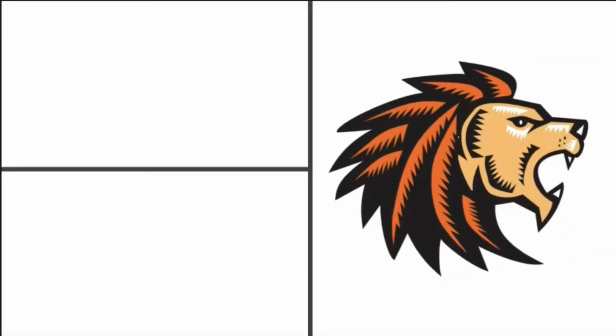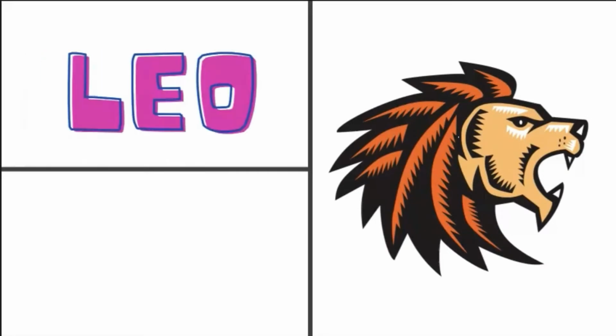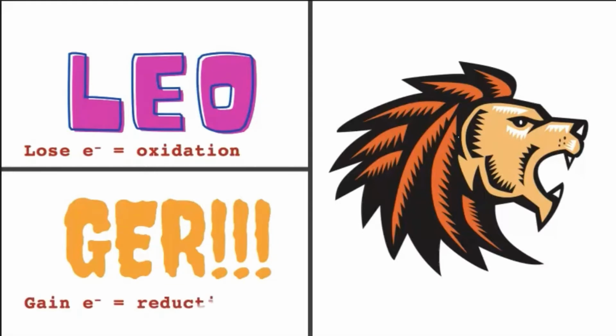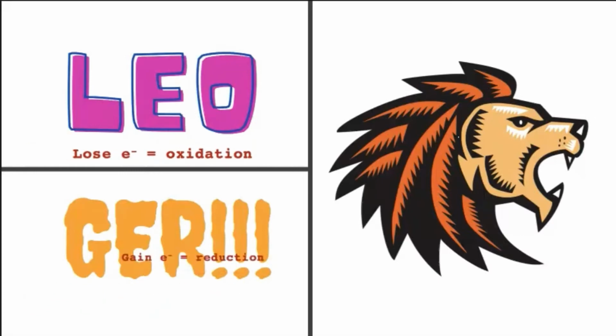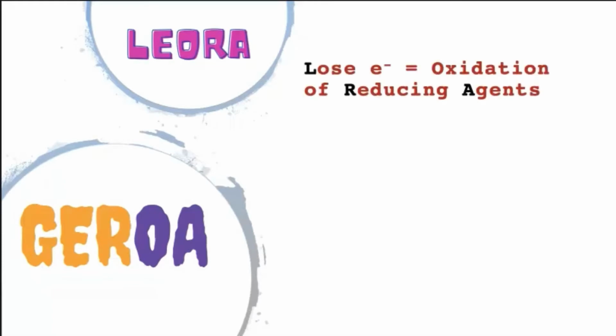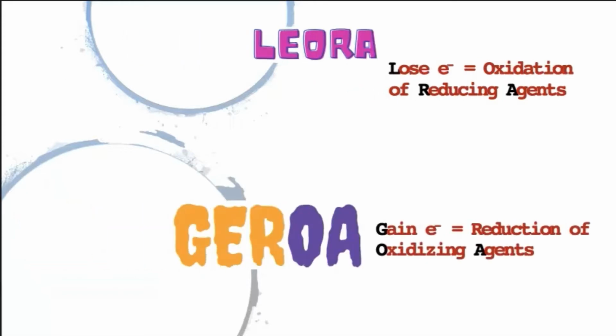One of our most famous chemistry mnemonic devices for redox is "LEO the lion says GER," where LEO stands for lose electrons equals oxidation, while GER is gain of electrons equals reduction. Now, a more complete version of these is LEORA-GEROA. LEORA is for loss of electrons is oxidation of reducing agents, while GEROA is gain of electrons is reduction of oxidizing